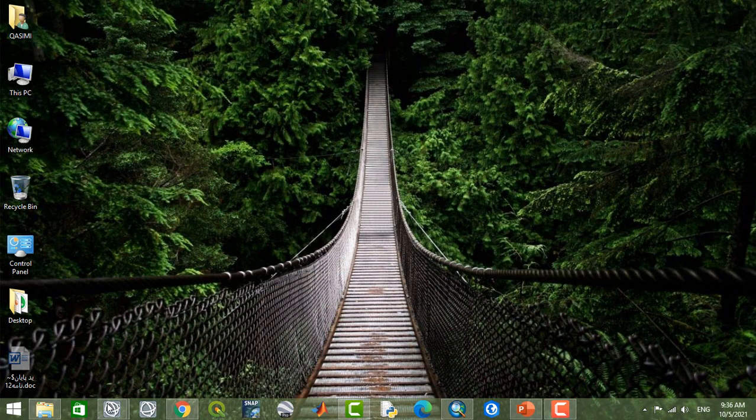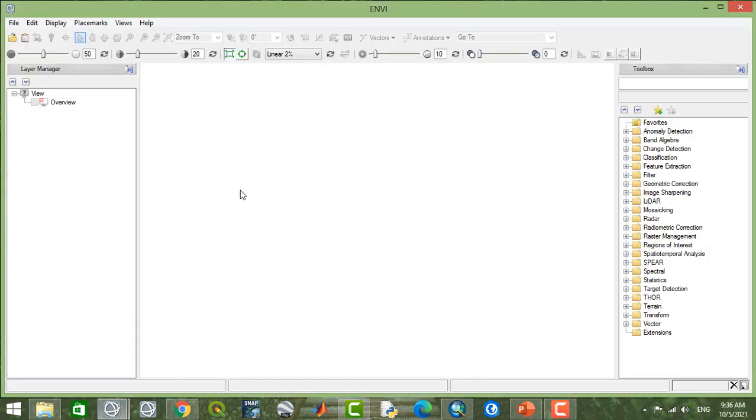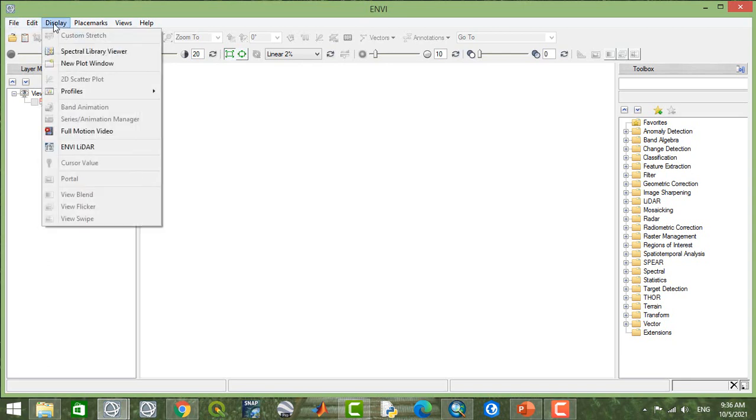So this is the environment of the Envi software. The visual parts of this application look just like other applications. In this section you see the menus, quite like other applications: File, Edit, Display, Place Mark, View, and Help. Each of these contains some tools, and File is quite like other applications, but in Display